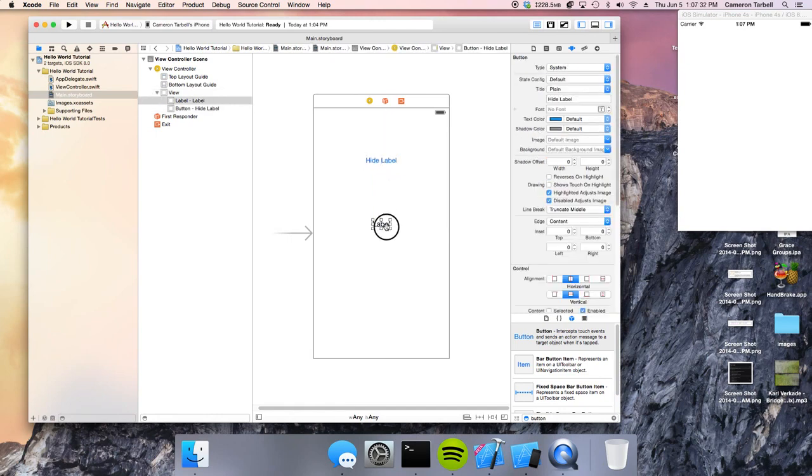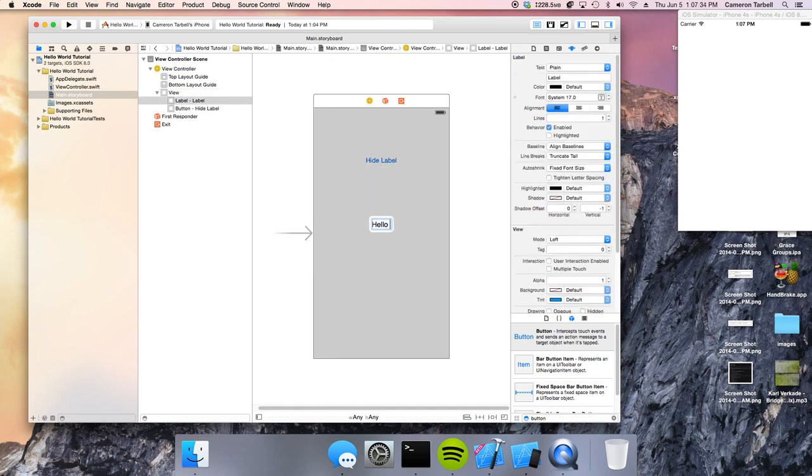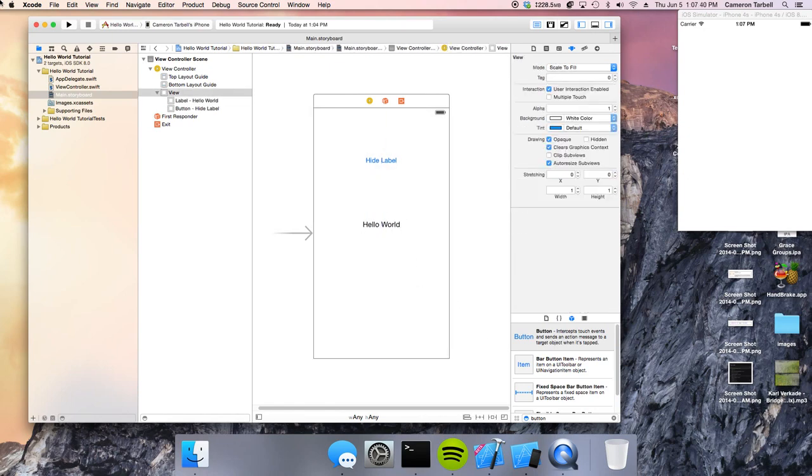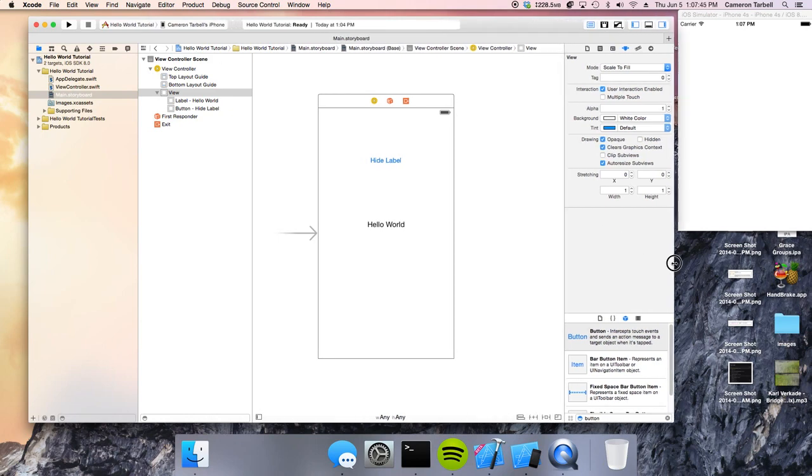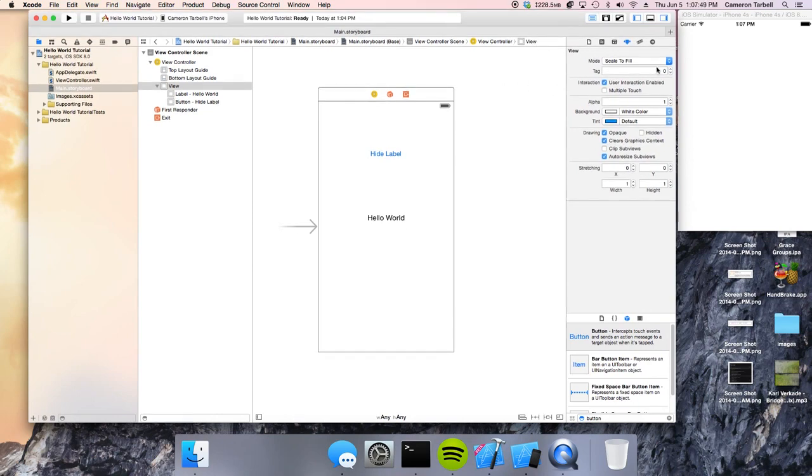And then the label, as it is just a tradition to do a Hello World tutorial, name it Hello World. It's just tradition to do it that way for developers. Don't know why, it's just kind of always been that way. And I think it's kind of annoying actually. But anyway,